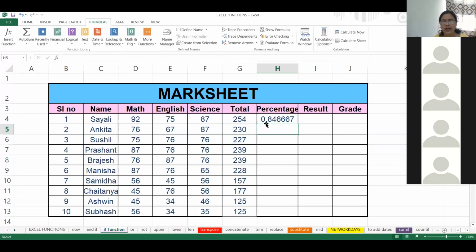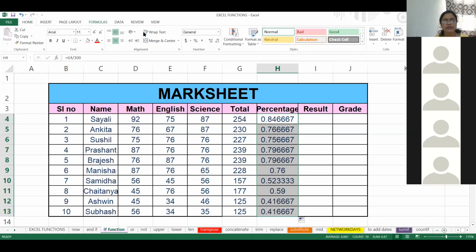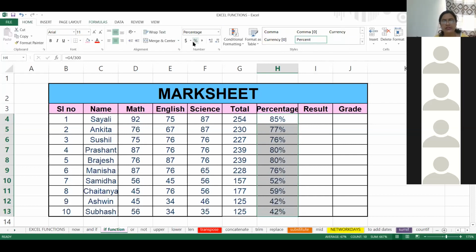It will give you 0.8466, something like that. Simply drag it. This is called the fill handle, a small cursor which you can see at the bottommost corner, thick border. Just drag it. And go to Home and click on percentage. You can also increase and decrease decimals using this.